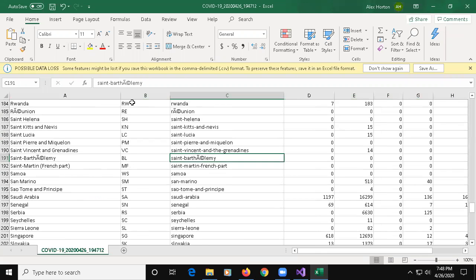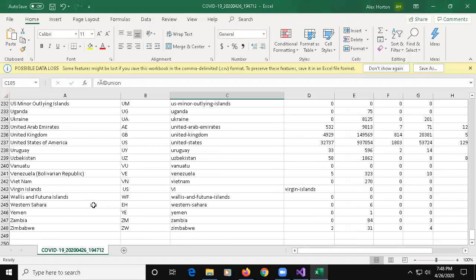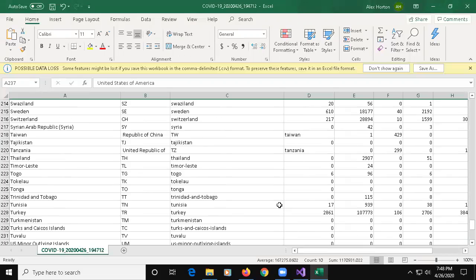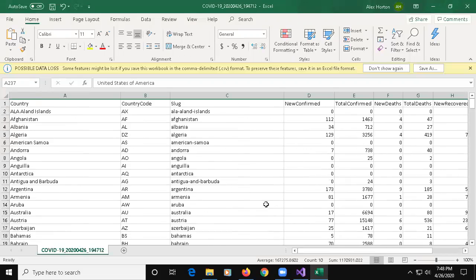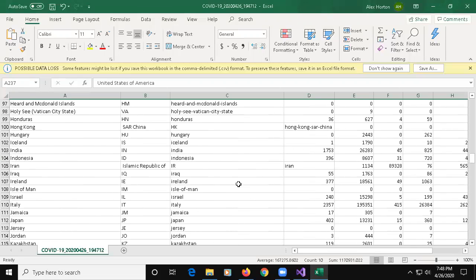Then we've got some specialized characters in here as well. And here. There's United States right there. Whew, man, I tell you. So even though we've got all our data here, we'd have to clean up our data because this obviously is